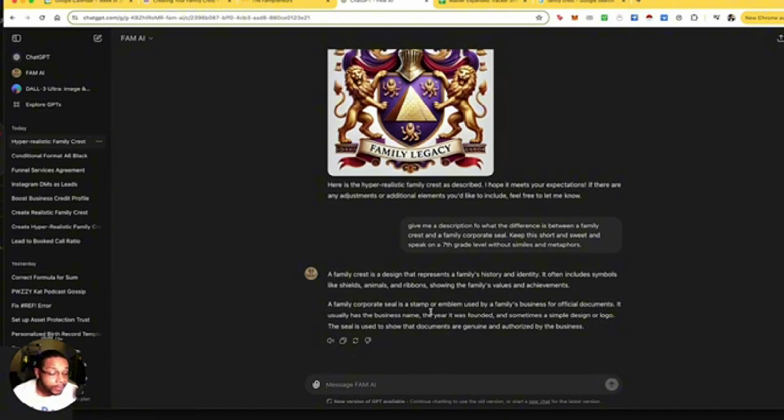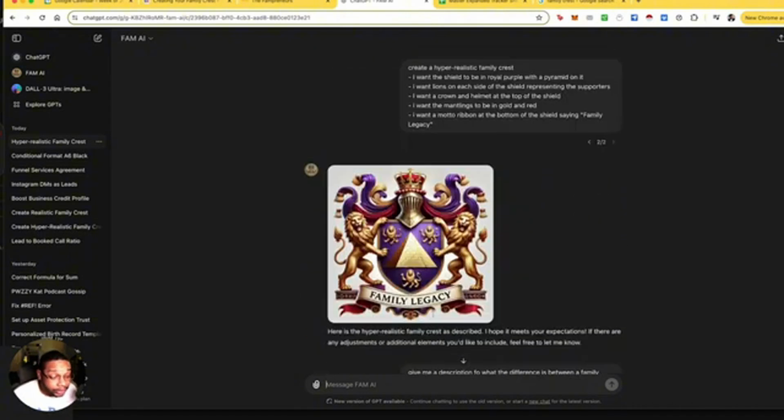100%. A family corporate seal is a stamp or emblem used by a family's business on official documents. It usually has the business name, the year it was founded, and sometimes a simple design or logo. The seal is used to show the documents are genuine and authorized by the business. And so now that you know the difference between the family seal...